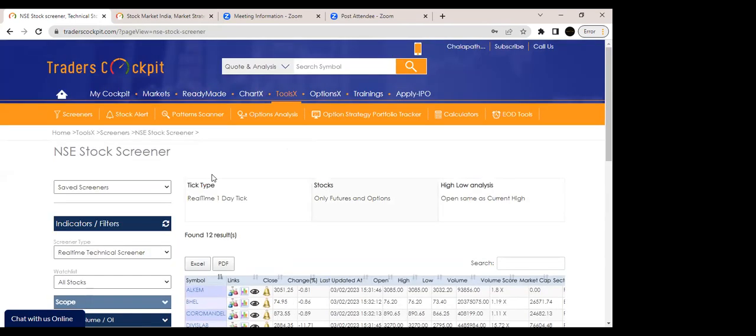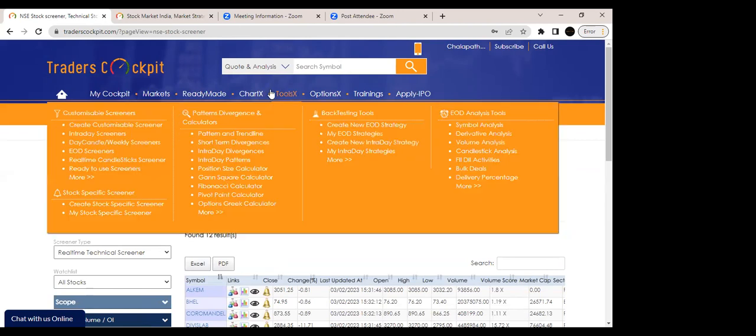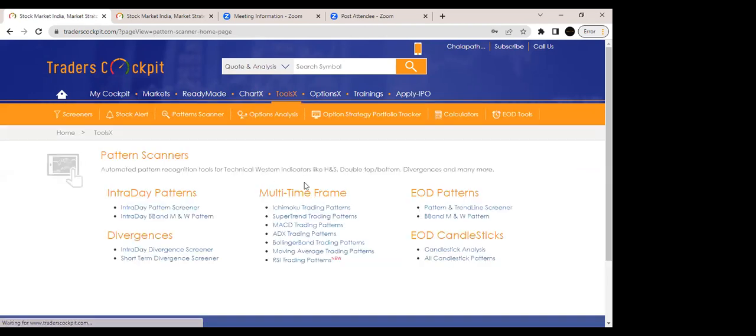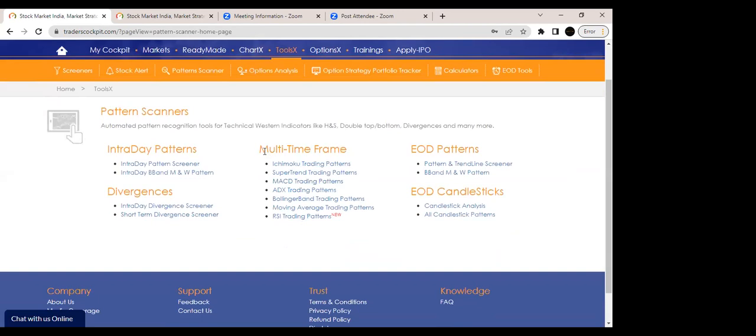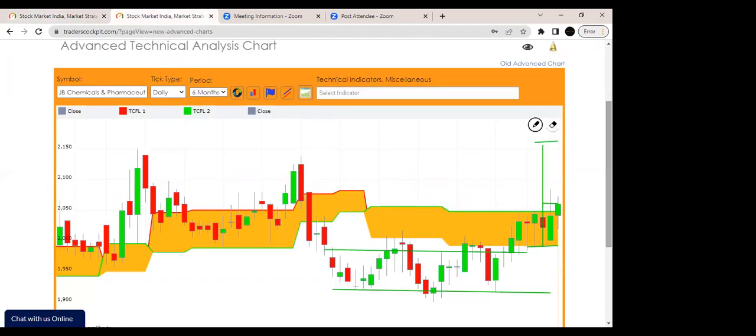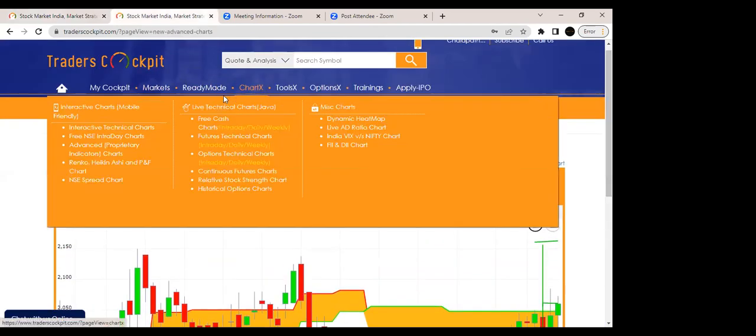So now I'll go into the further concept, which is one more beautiful and much more interesting concept. If you go to chart tools here and click on multi-time frame analysis, and if you click on more, you will see multi-time frame. So what is multi-time frame? Before taking any screener here, first I'm going to explain what multi-time frame is and how we understand